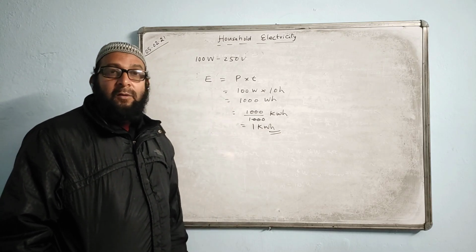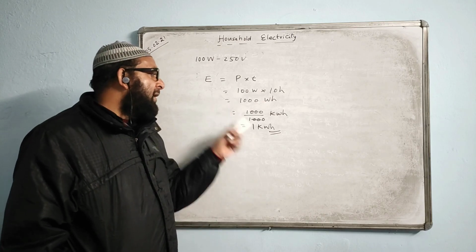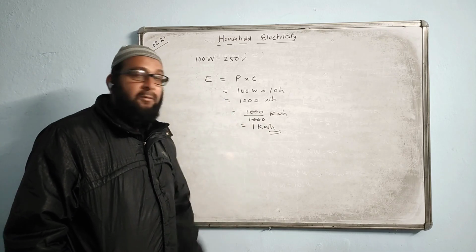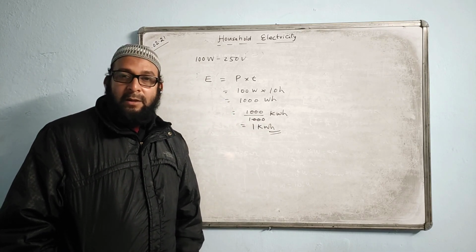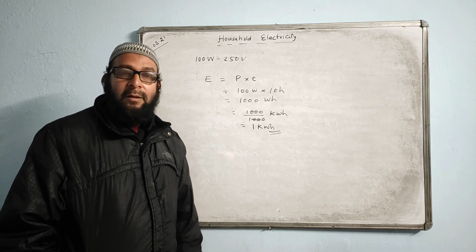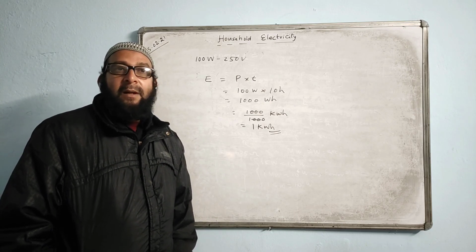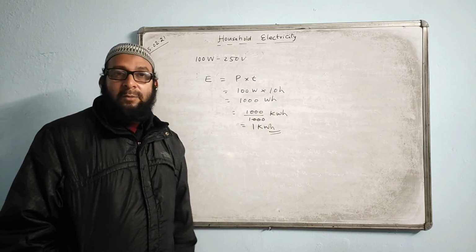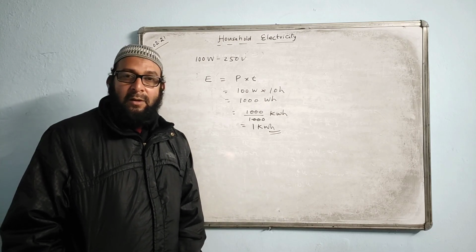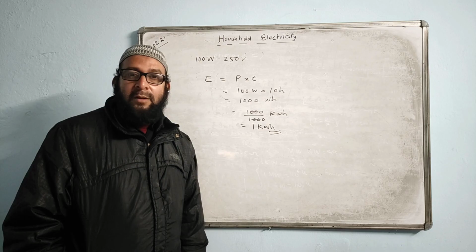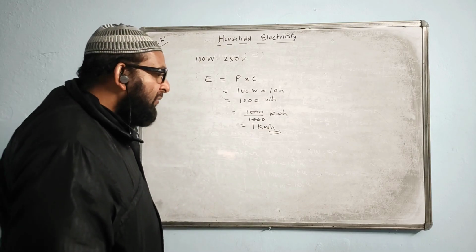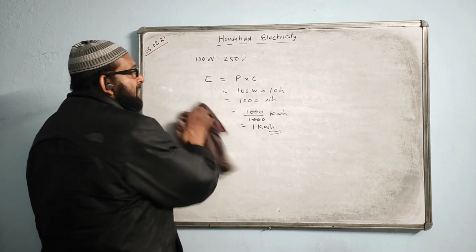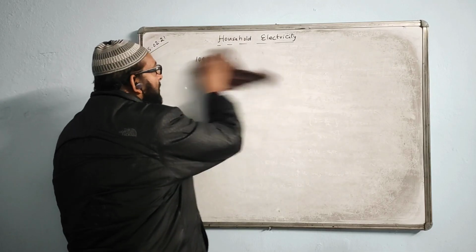Like this, if you consume for a month, in one day suppose you are using the bulb for 10 hours, then your unit consumption for one day is 1 kilowatt hour. For 30 days, how many kilowatt hours will it be? 30 kilowatt hour. Then how much will the amount of the bill be? That will be 30 kilowatt hour multiplied with the cost. Cost is, suppose, 6.50, multiply by 6.50 and find the answer. The answer will come 195 rupees. 195 will be the amount of the electricity bill. So that way it is calculated. Yes, understood?